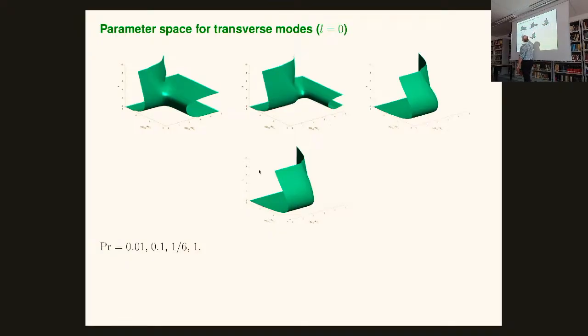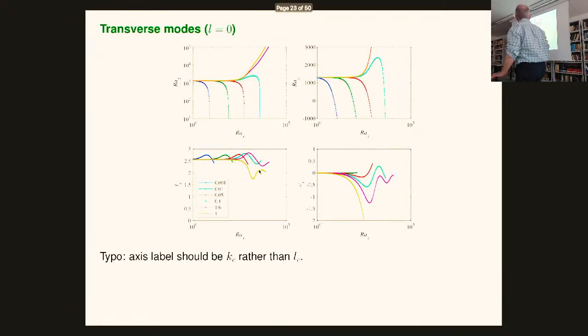And so you can see that for small Prandtl number, there's a barrier here. This is Rayleigh-Bénard. There's a barrier here. This is where your horizontal forcing makes you go unstable. And then this surface connects in a funny way. And then this region here, this kind of slightly cut off region, you're seeing it projected down.